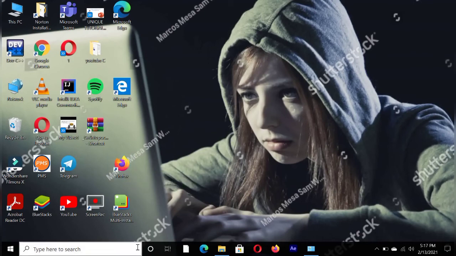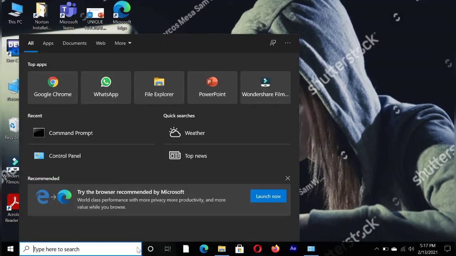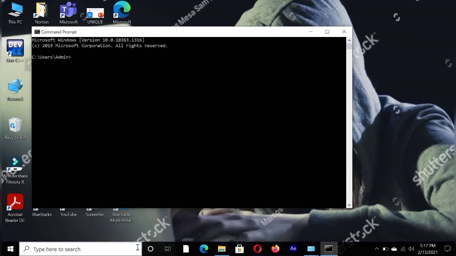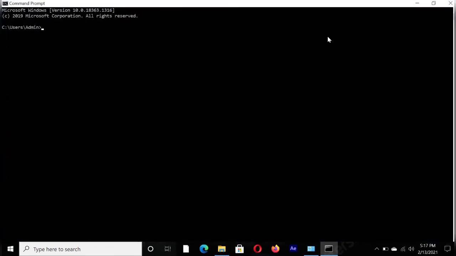Now let us check whether the Java JDK is installed on my PC or not. For that, I am again opening command prompt and executing the command: java space hyphen version, and pressing enter for execution.